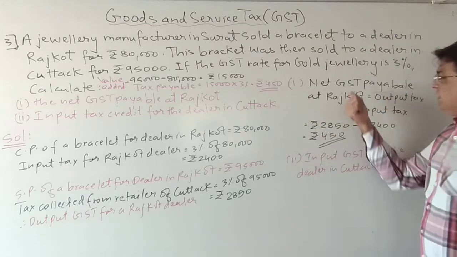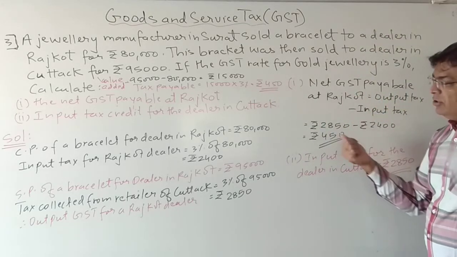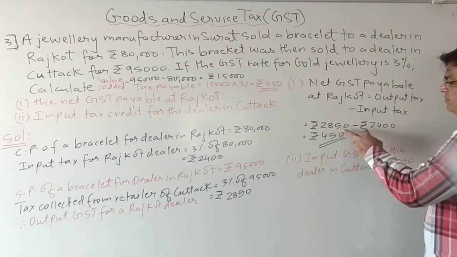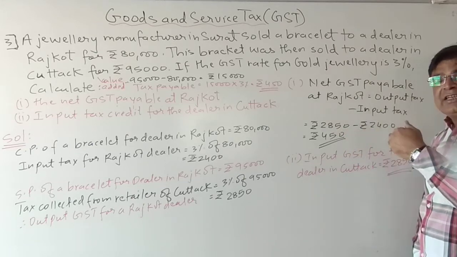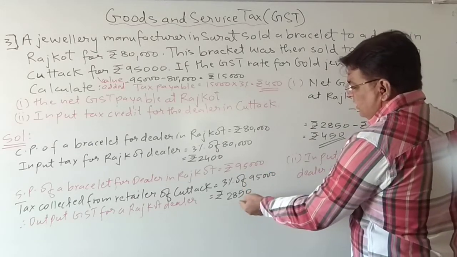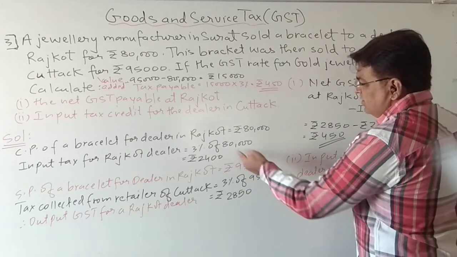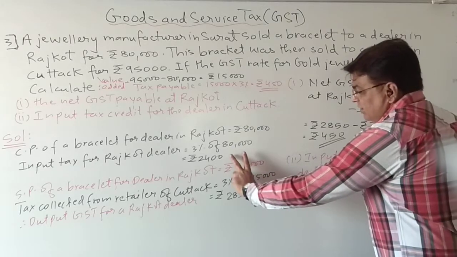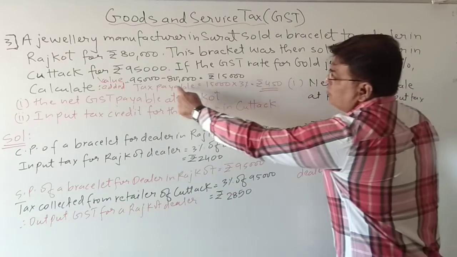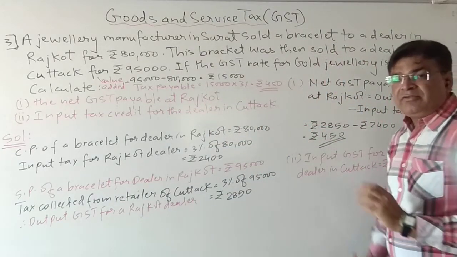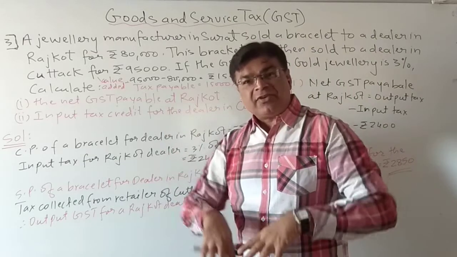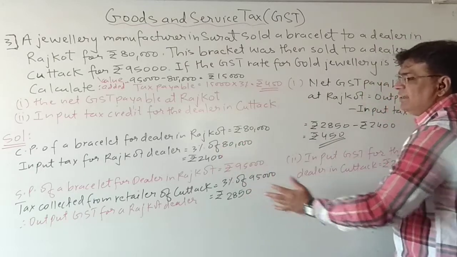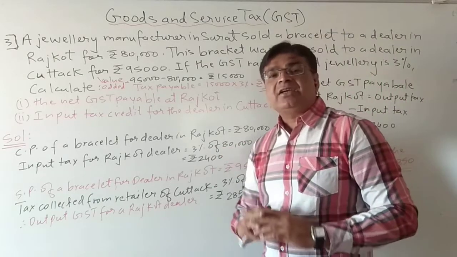So either you can find in this way, or you can find in this way also. Here see, what are we doing? We are finding the tax on value added only, no? Because see here, 22,580, it is on this. 2,400, it is on this. Then finally we are finding the difference of this tax. So it comes to this method only. Here for the selling price, we find the difference, and then we find 3%. Here, first we find the 3%, then for the tax we find the difference. So it is one and the same, like the commutative property.